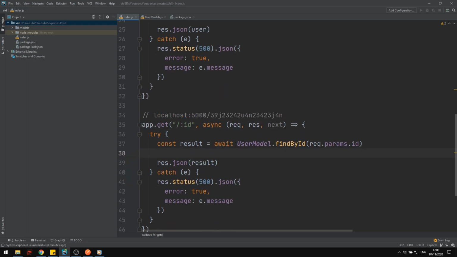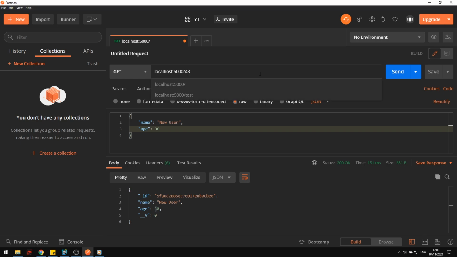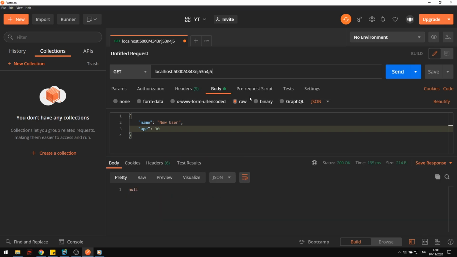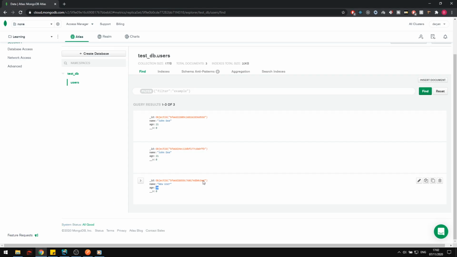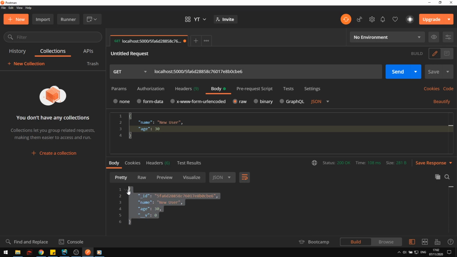So let's test this out. Let's make a get request, first to a random URL that doesn't exist. So you can see we get null. And normally you don't want to send back null. You want to probably send something like a 404 saying user not found. But let's also test it with a valid ID. So let's grab this one. So if we grab this, copy that and paste it into here, you can see we get back that user,